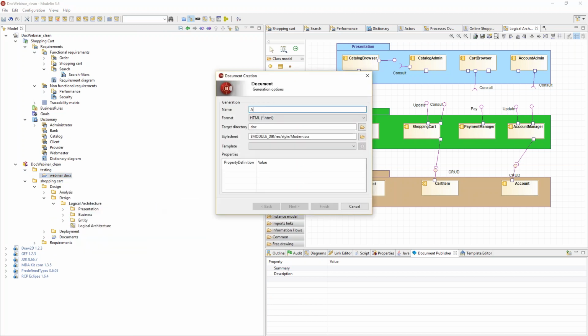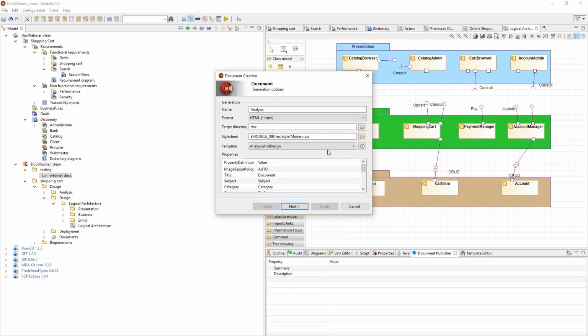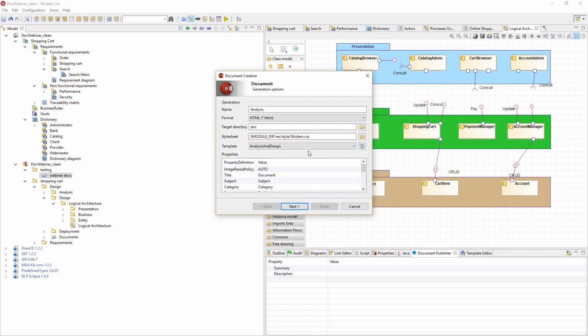For example, if I wanted to use an analysis document, I will then pick a particular template, so I can use all of those that are available, for example for analysis and design. I will then use my style sheet. This says that it's HTML, so I will use not OpenOffice but Microsoft Word in this case. I like this more, and I will pick